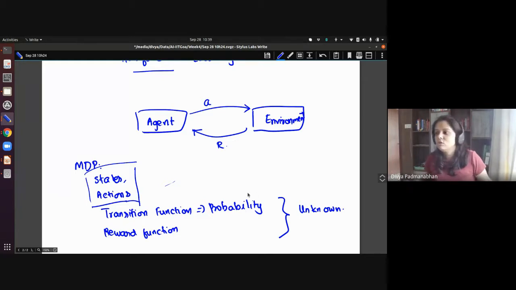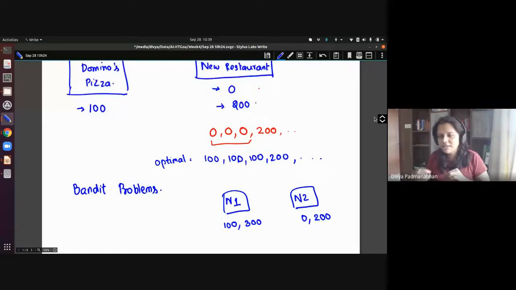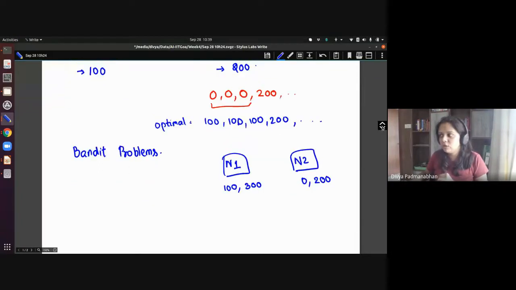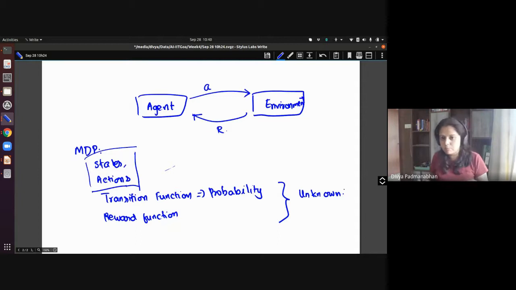Okay, so this is a framework, and what I told you here with bandits was one level of simplification where you didn't have the notion of states. You had this transition and rewards, but the state was implicitly just one state, and so you had to decide between an action, and so it was like actions and rewards, right? Only these two were there. So the more general framework of RL has all these components, and that's what we're going to do now.